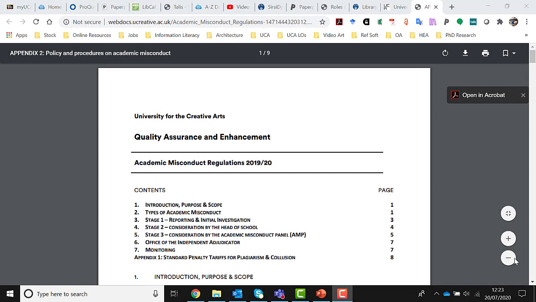When you completed your online enrolment for when you joined UCA, you would have ticked a box at some point saying that you agreed to all of the different university regulations, policies and procedures. Now, most people don't read them all, but this one is very important to do with plagiarism and referencing. So we're going to have a look in detail at some of the aspects on it from here.